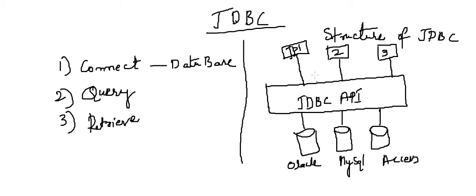If I dig deeper into this, your Java program interacts with the JDBC API, and the JDBC API in turn creates a connection with your databases. What we need to concentrate on is establishing the connection with the databases, and a protocol like TCP/IP is used for establishing the connection with the databases through the JDBC API.